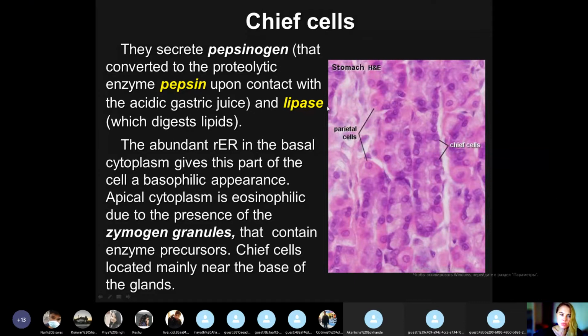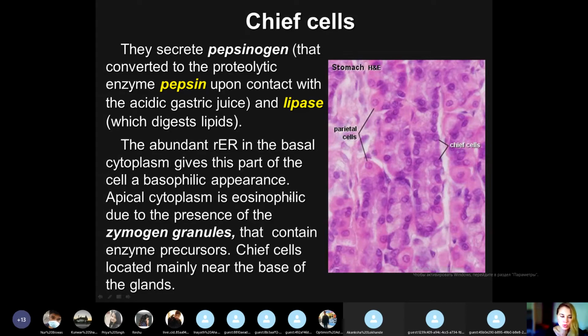The gastric lipase digests the lipids, so it provides initial digestion of the lipids in the stomach. So the basophilia of the chief cells is a result of the abundance of the rough endoplasmic reticulum in the base of the cell, and this rough endoplasmic reticulum produces the components of the enzymes, the pepsin and the gastric lipase, because enzymes, if you remember,